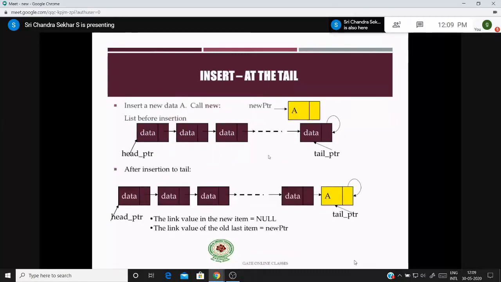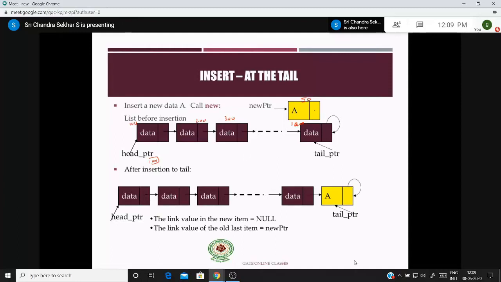So after this, inserting data at the end. How can you insert the data at the end? Again, you create a pointer. Assume the same addresses like 100, this is 200, this is 300, and this is 400. Something like 1000, right? So the header has a value of 500, and assume that the new address is created at 50. What you have to do? You have to insert this element as the last node.